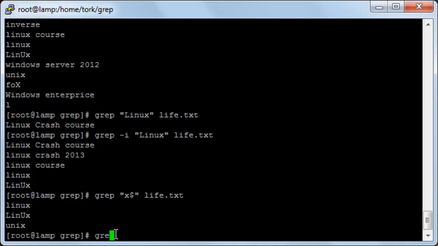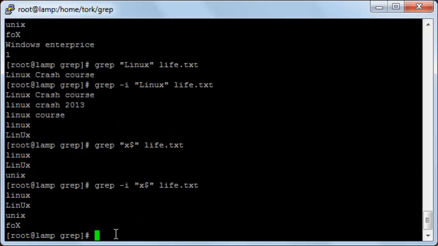and the same as the one before. If I wanted to display capital and non-capital letters, I will type grep and then -i and then type the letter and then the $ sign and press enter. Here it displayed for me one more word which has a capital X, not a small x, because of the -i in the command. Okay, in this command we have seen what if we want a line to end with a specific letter,